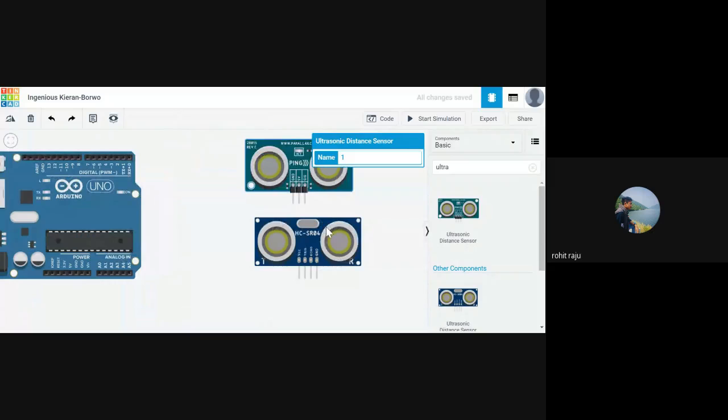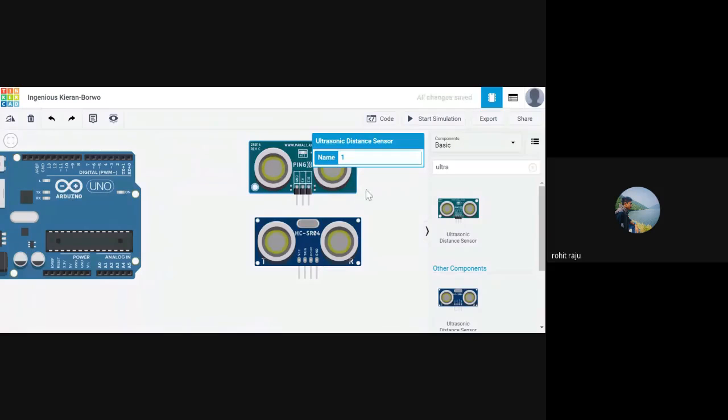So the differences between these two lie in the actual structure inside them. As Dheeraj said, when you see the data sheet, this sensor is capable of measuring distances between 3 centimeters to 3 meters, and this has some other different distance.